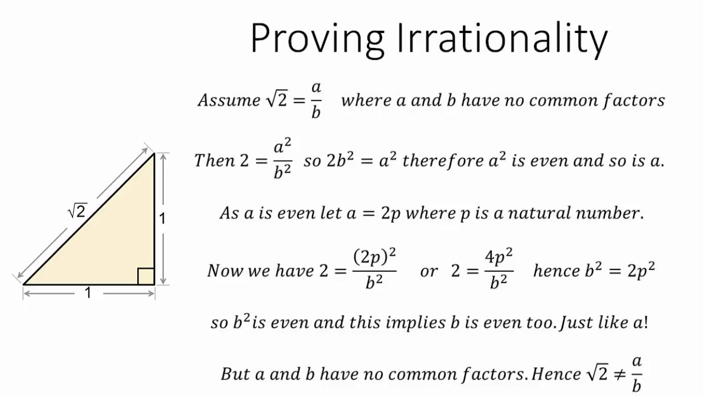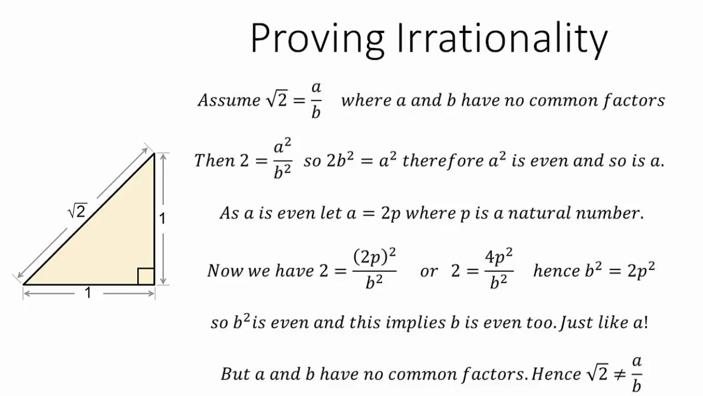This just demonstrates that a is even, because if it's an even number, it can be written as double something else. So p could be any number, it could be odd as well. This will give us 2 equals (2p) squared over b squared. Square out the brackets carefully and you'll get 2 equals 4p squared over b squared, which easily rearranges into b